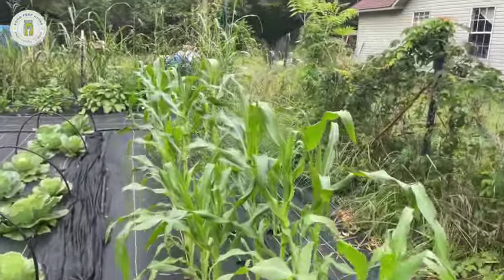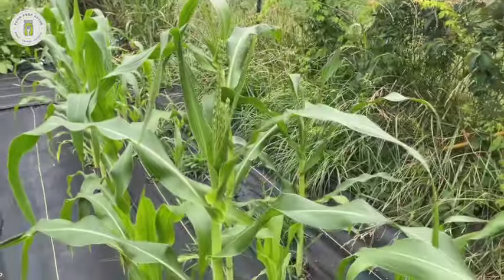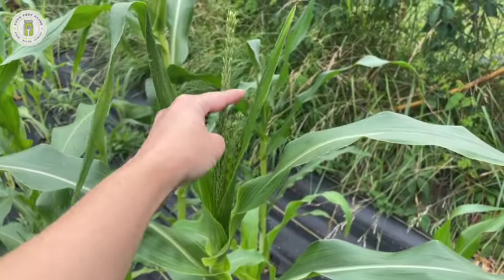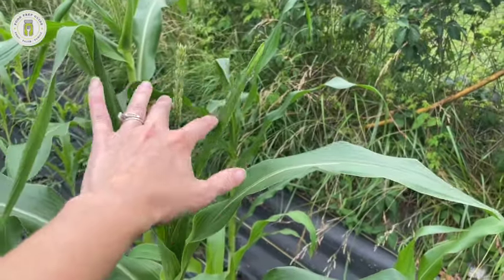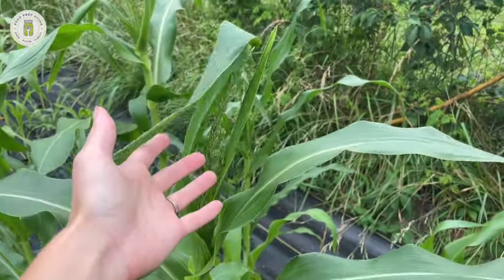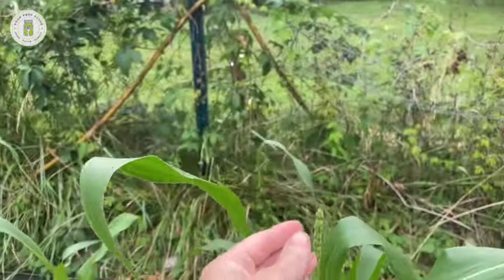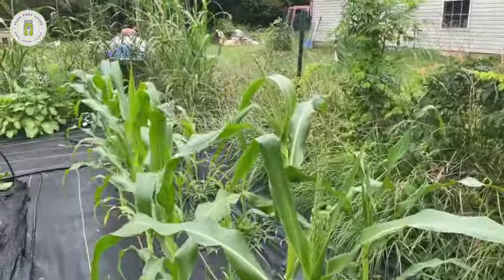Oh, it's tasseling! Look at here. So one thing that I've learned about corn is that once it starts tasseling, I can go through here, and once these tassels get a little bit more mature, I'm not going to do it just yet, I can come in here with a piece of newspaper and shake these, and I don't know what it is, honestly. It falls off. I don't know if it's the pollen, or I don't really know what it is. Actually, I've never researched it before, but something shakes off of these little things, and then I can put it onto another tassel, and it helps to pollinate and produce more of the corn